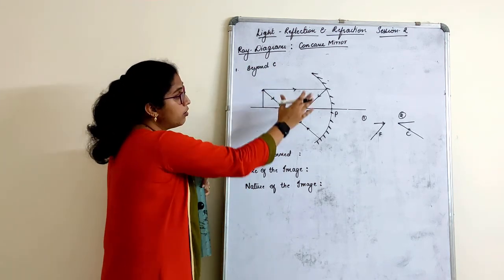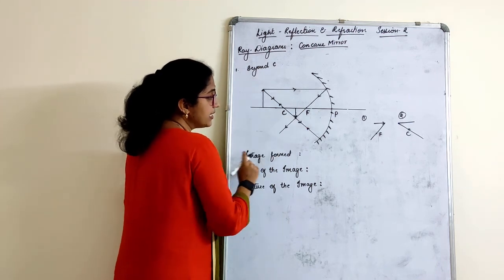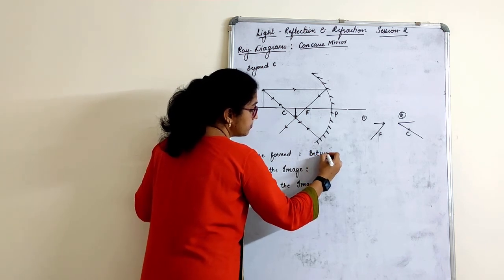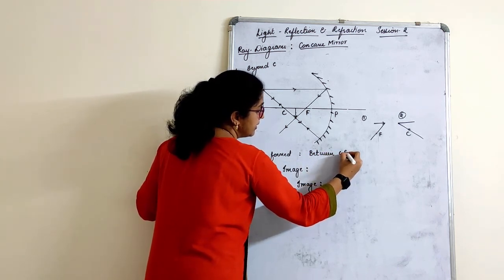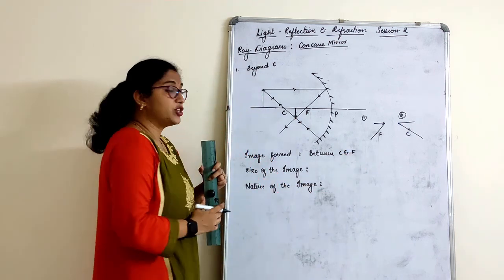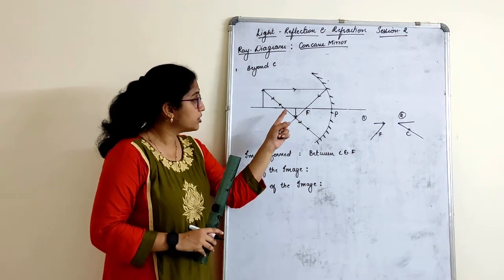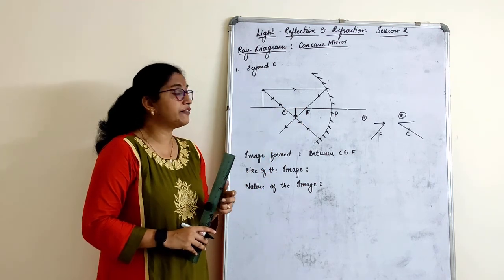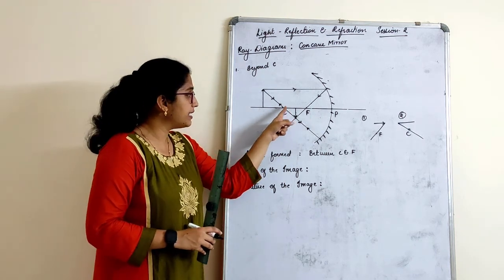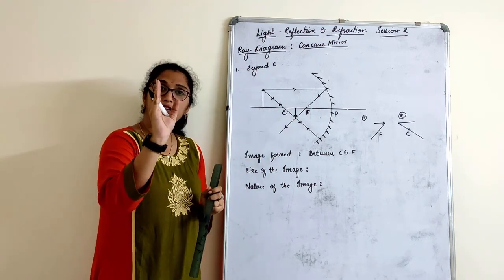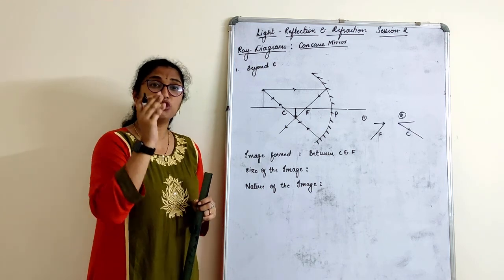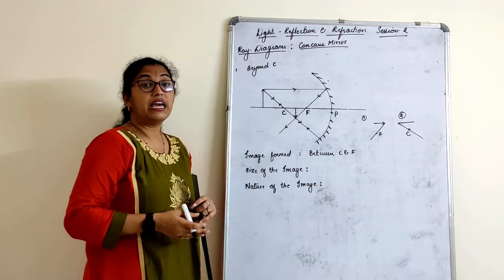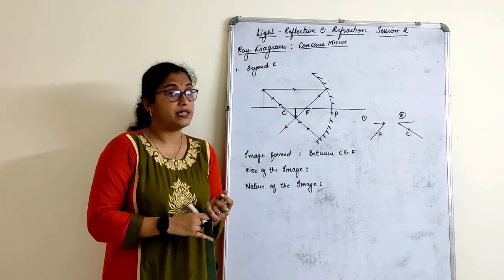Now, looking at the whole thing, what can we say? Where is the image formed? The image is formed between C and F, or F and C. Now the question arises, teacher, what if we get the image on C, on F, or nearby, if it is not exactly in between? See, wherever it comes, whether it is a little bit here and there, it is called in between F and C only. But it should be in between that. The intersection can't be somewhere else. If the intersection is somewhere else, your ray diagram is wrong.